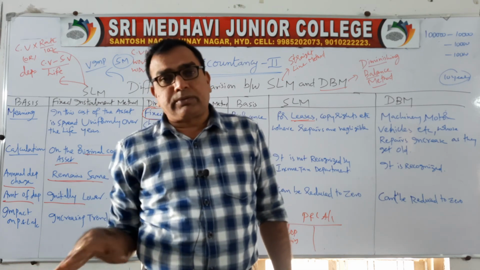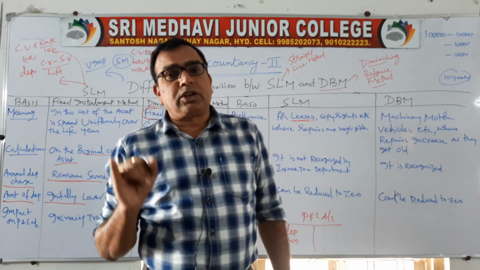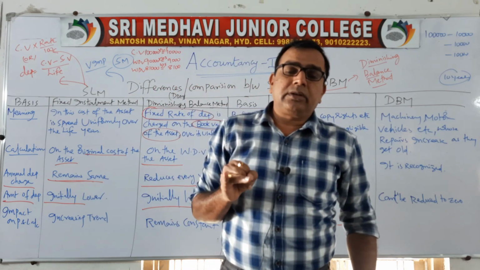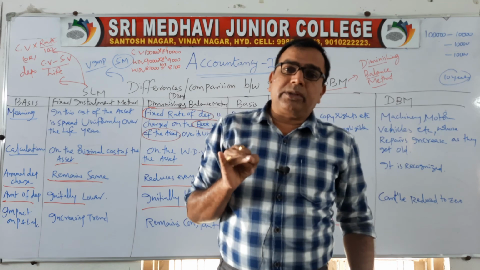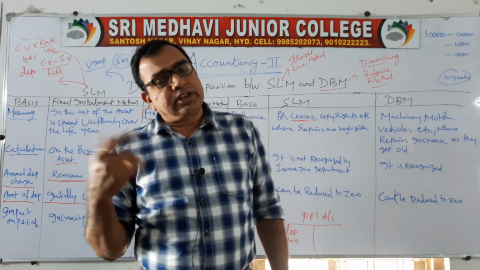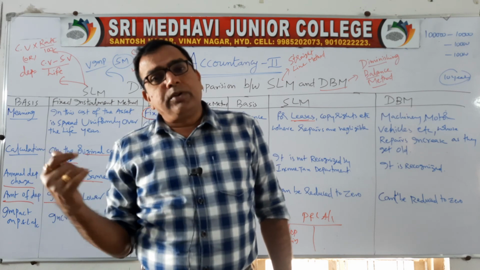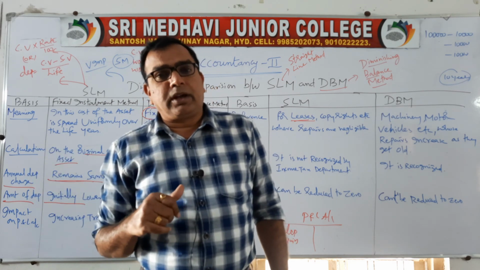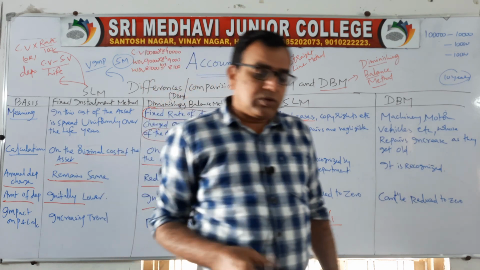So this is our first chapter, depreciation. Here we have discussed the need for depreciation and causes of depreciation, clear. Then the straight line method, its advantages and disadvantages, the diminishing balance method, its advantages and disadvantages. Then now we have given the differences between the straight line method and the diminishing balance method. So next we will go to the next chapter.